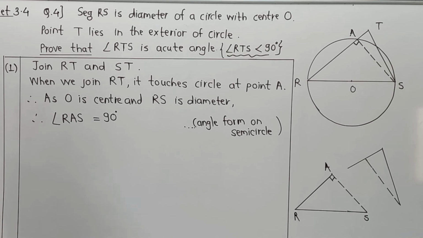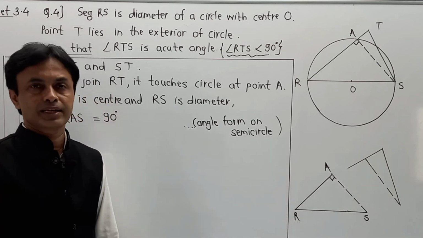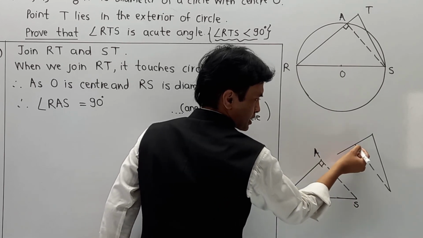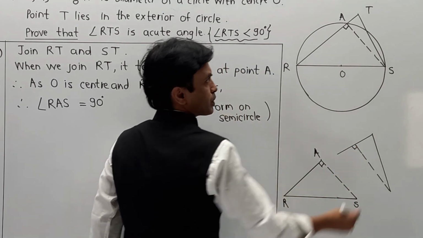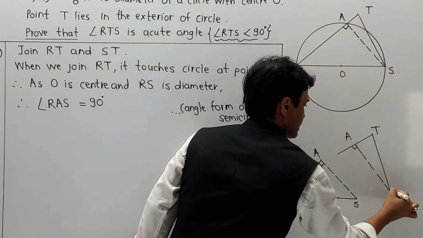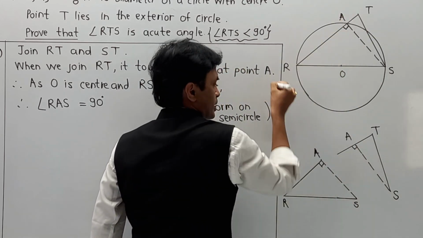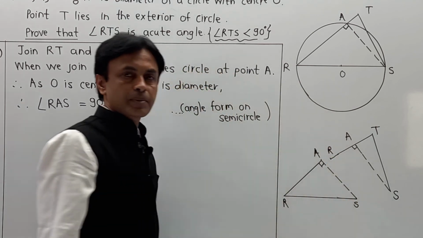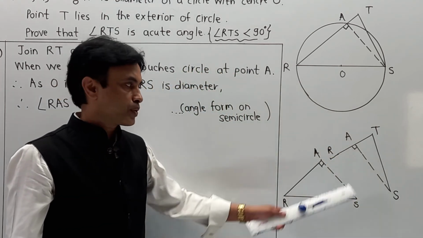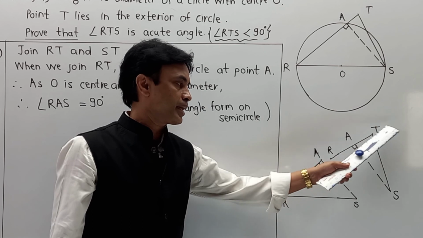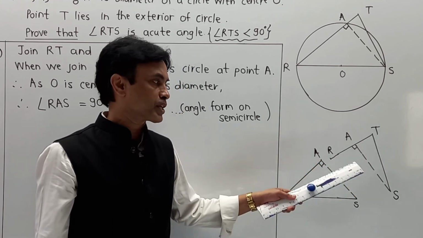Now next part. As your angle RAS is 90 degrees, its connected angle is also 90 degrees, or you can consider, this is a part that I am going to draw over here, ATS, here it is A, here it is T, and here it is S, and if I extend, somewhere your point is R. So this is a structure breakup that I have drawn over here. Now, for this triangle, means which triangle? Triangle ATS, I am going to use a property of exterior angle.